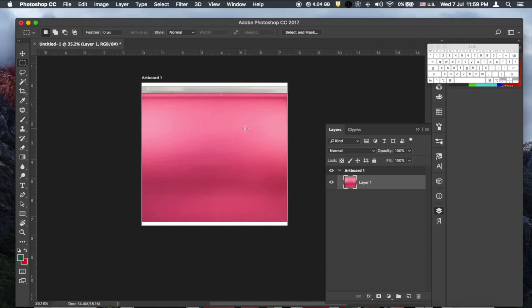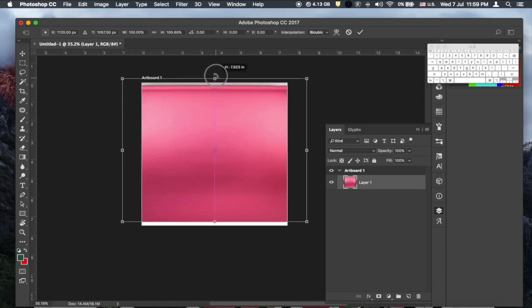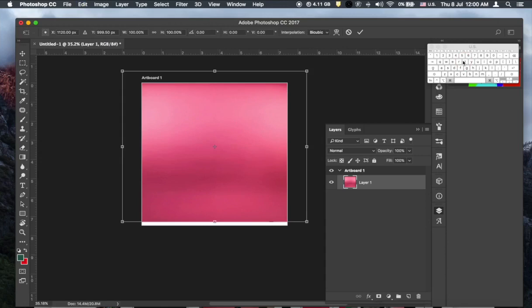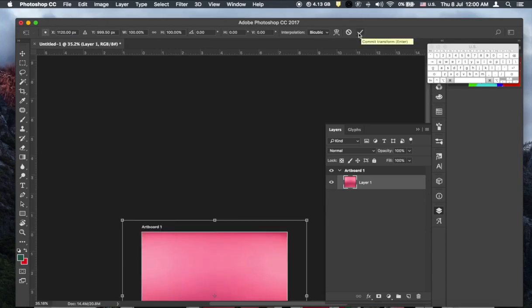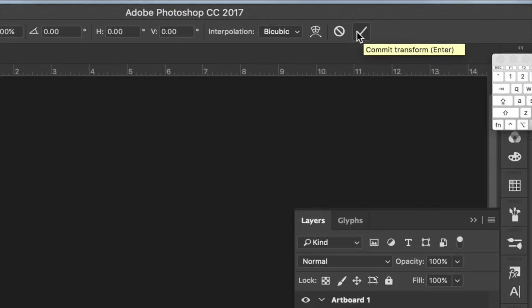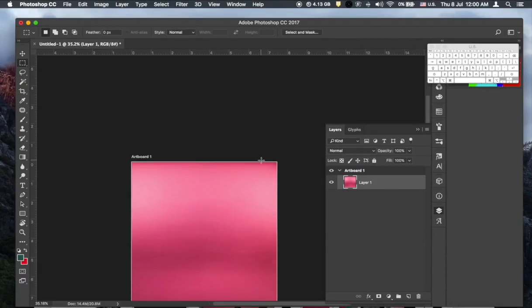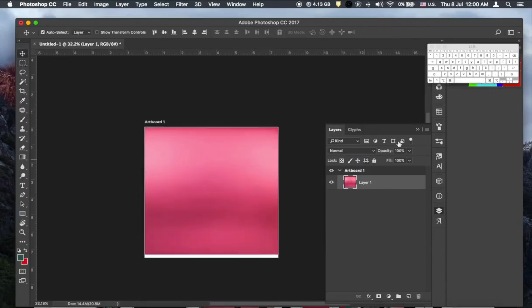Okay, so now that we have the background this way, I'm going to extend the top so that we have a total fill of the plain background. After you're done with the selection, you can either press Enter or just click on this tool right here to commit it. So now that we have this way, we are going to